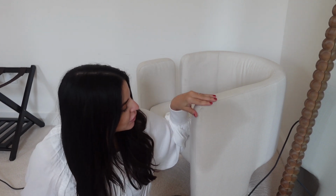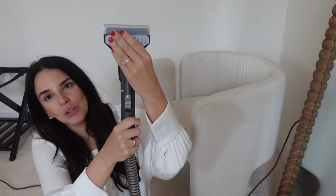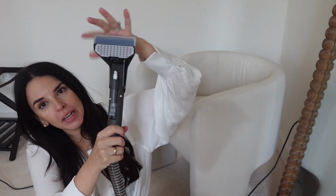So I think I'm gonna finish it off with dabbing a little bit of Folex here in the corner because I think the corners were a little bit tougher for the machine to get through. But I highly recommend this if you guys have small kids, if you have pets, if you entertain a lot and have carpet. It is a very handy thing to have, and it has a little brush. It throws water from here and then it vacuums or sucks the water back into the dirty side, and you buy a specific solution for it. So Hoover,